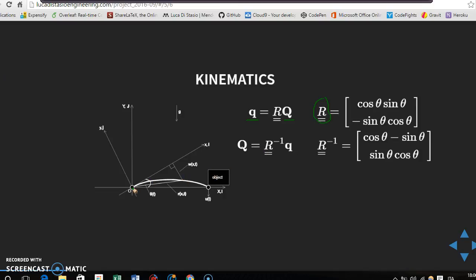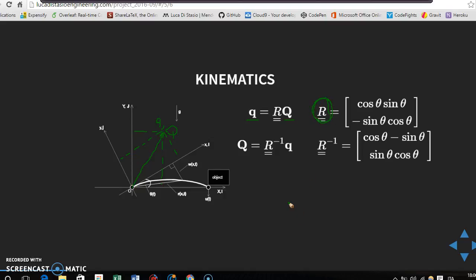If we have a vector here, we can call it capital Q, defined in the fixed reference frame X and Y. But then we can consider it with respect to the dragged reference frame as small q with components small x and small y. Now the relationship between the two is defined by matrix R,